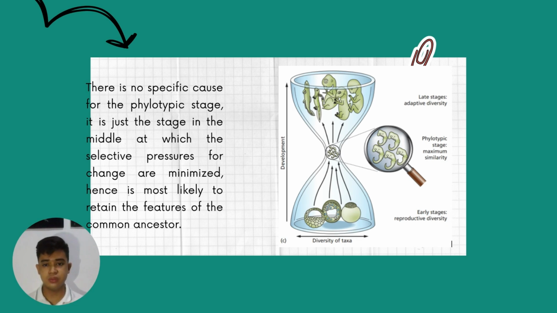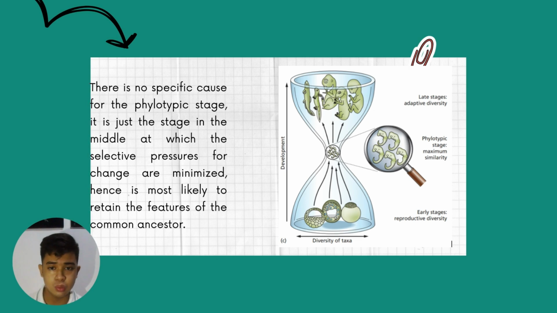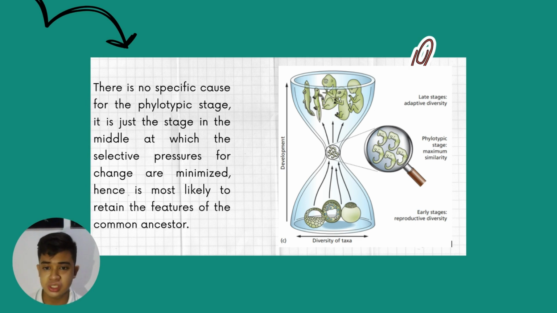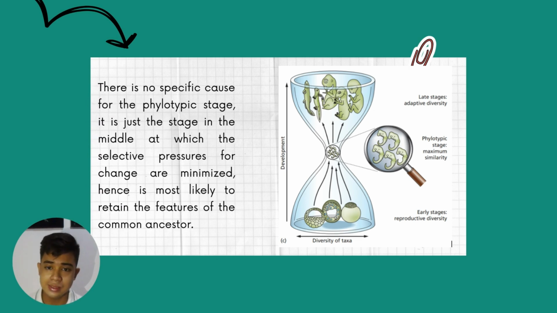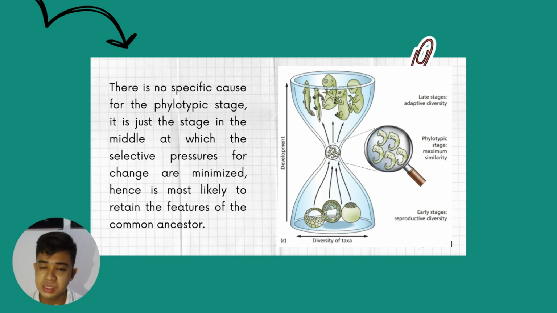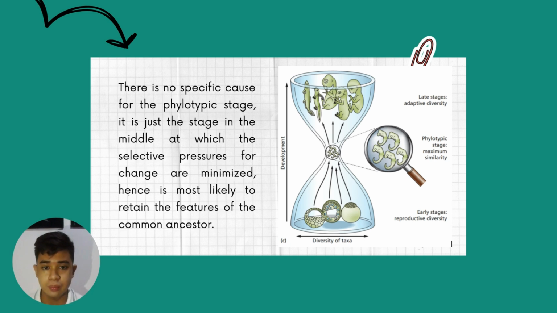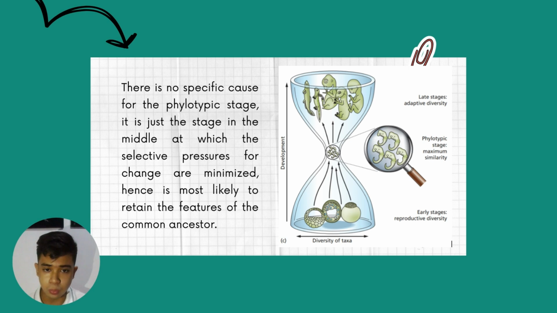There's actually no specific cause for the phylotypic stage. It is just the stage in the middle at which the selective pressures for change are minimized, hence, it is most likely to retain the features of the common ancestor. So, this statement can be best represented by the picture beside, in which at the middle portion